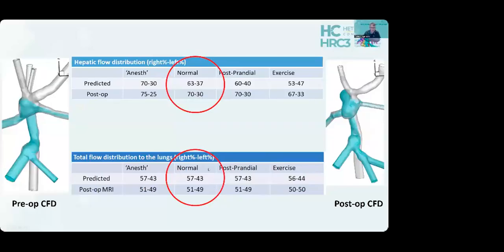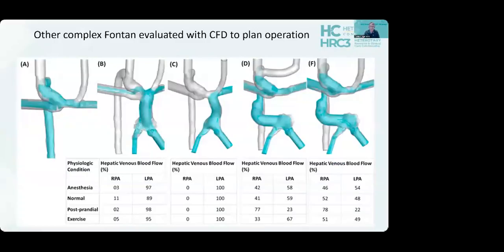And the total flow distribution to the lungs, we predicted 57 and 43, and the MRI gave us 51 and 49. So again, quite close to our predictions and a really nice outcome for this complex patient who's clinically done very well. And then we've done this in many other patients, and this just gives you a sense for some of